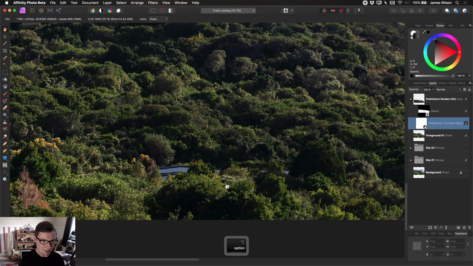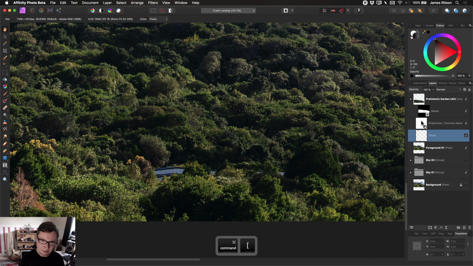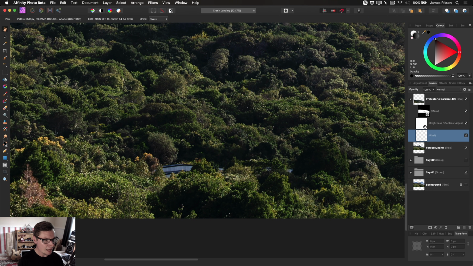Now, the other thing we have is some buildings down here. I'm going to in-paint these, which means basically remove them and replace them with surrounding content. But I'm also going to do this non-destructively. So I will create a new pixel layer using this option down here. I'm going to move it underneath the brightness and contrast adjustment layer. And then I'm going to get the in-painting brush tool, set the sampler to current layer and below,